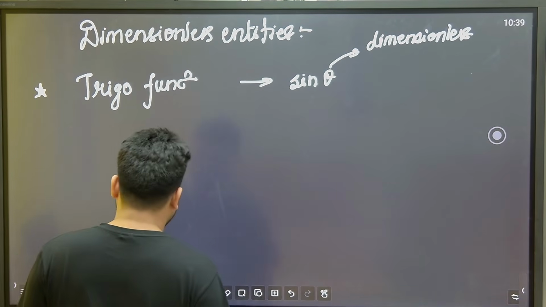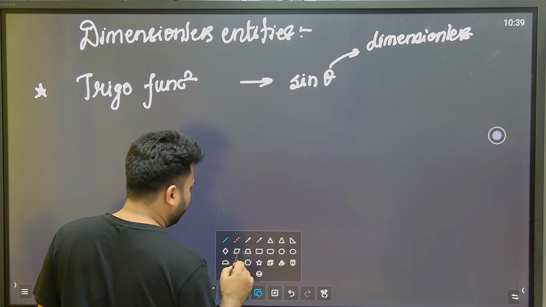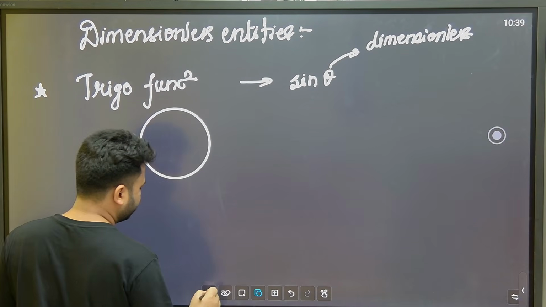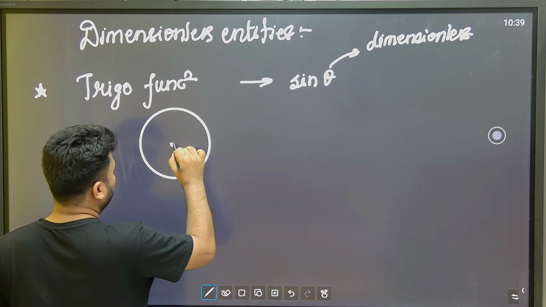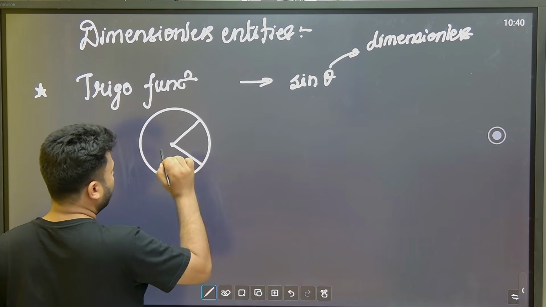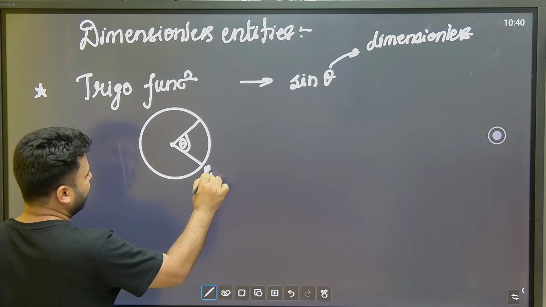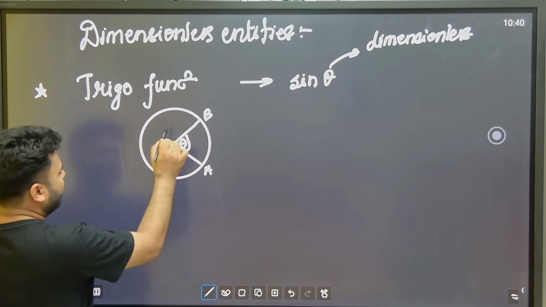See, how do we define theta? Suppose this angle is theta, this point is A, this point is B, and the radius is